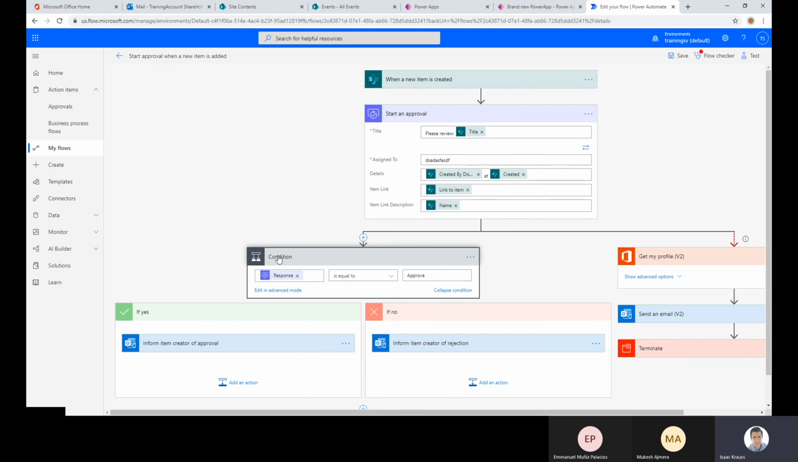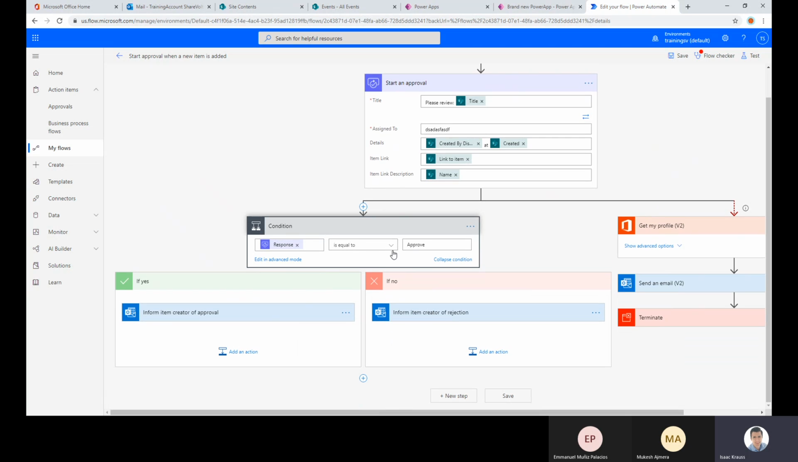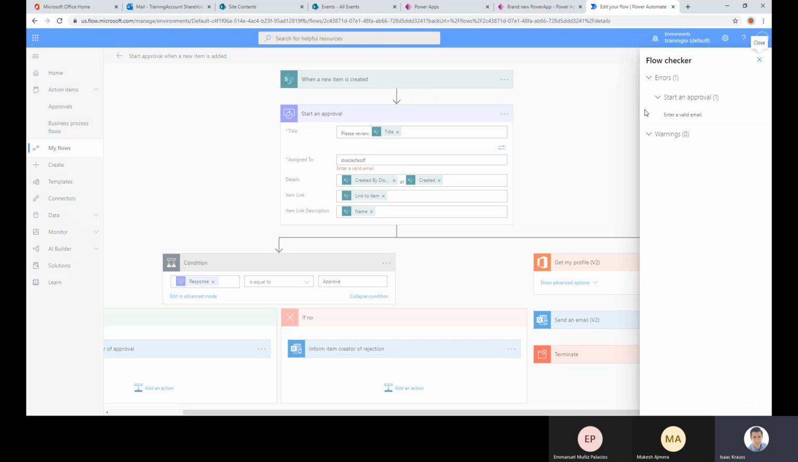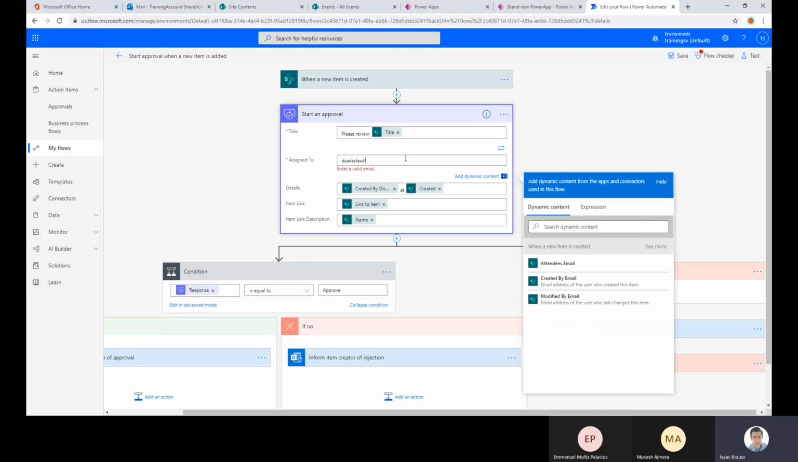And if you were wondering about the question here, it's basically checking what is the response. If the response equals approve, then it goes to the yes answer. Otherwise, it's going to go to the no answer. Okay, so let's test this error and see if we can make it go in this direction. First of all, we cannot even save it. It says enter a valid email. So that will be a problem because